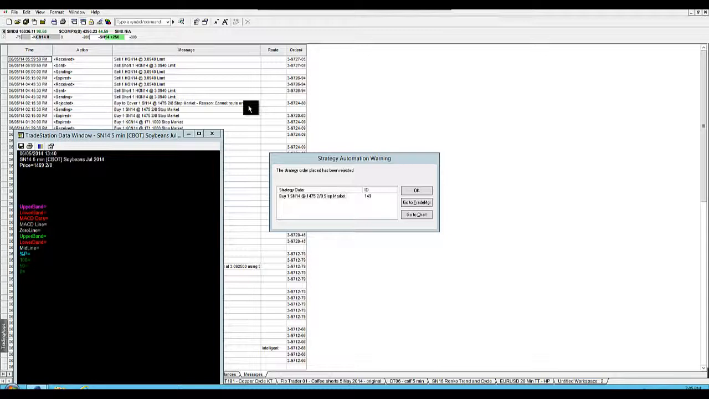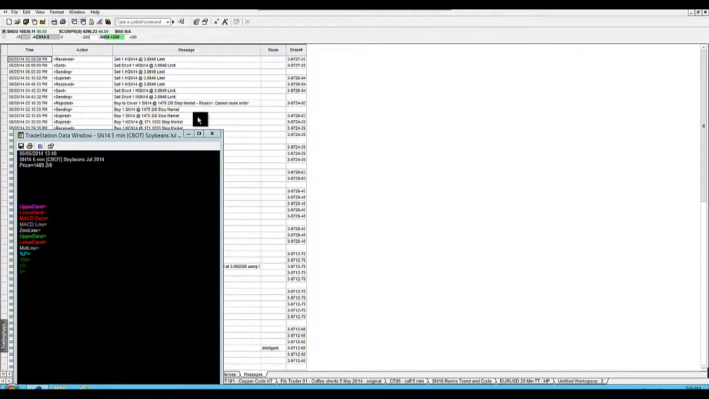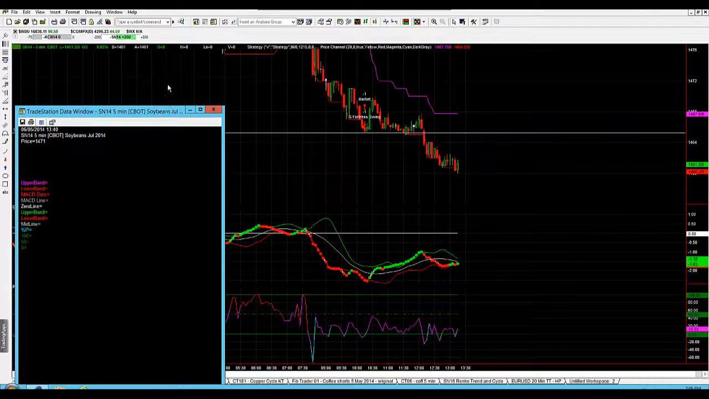So as soon as the market opens, we'll go to the strategy automation, and we'll click okay on that. Now, what's going to happen is as soon as that market opens, because that order rejected, there's not going to be a pending stop order in there. So what you need to do for the orders that have been rejected